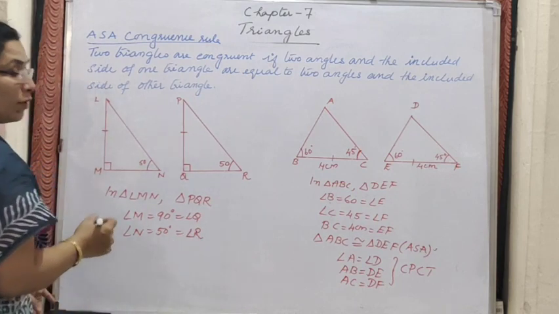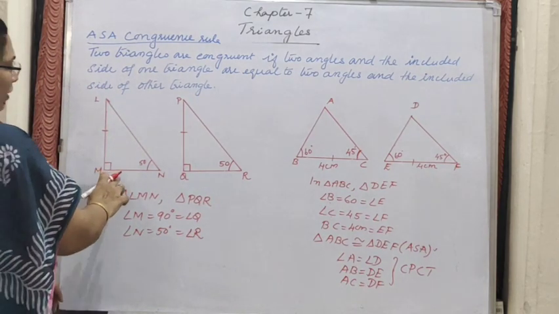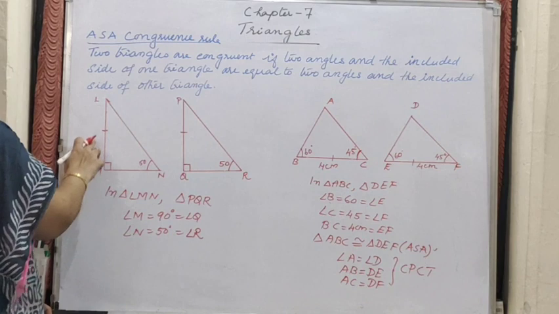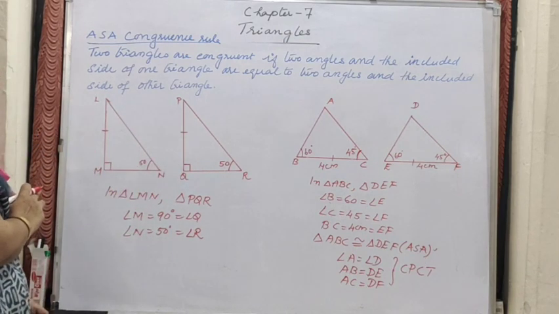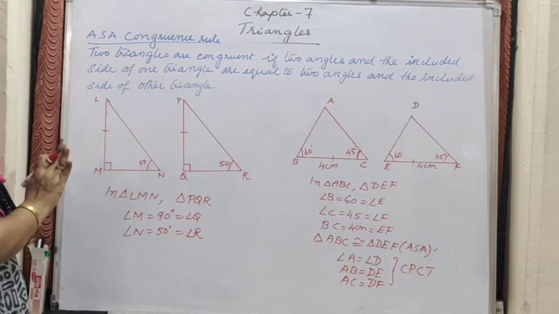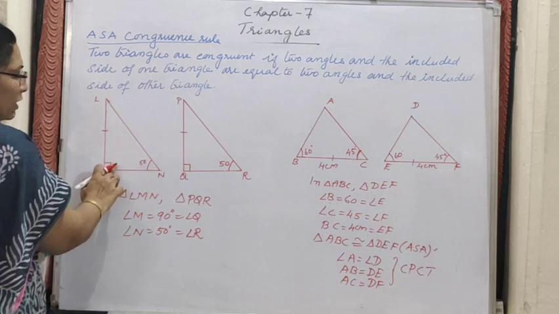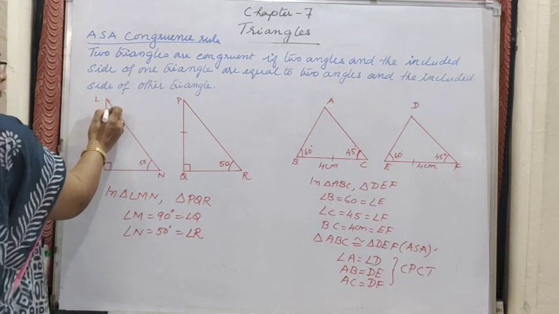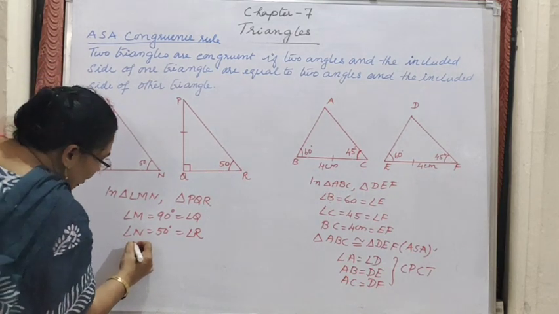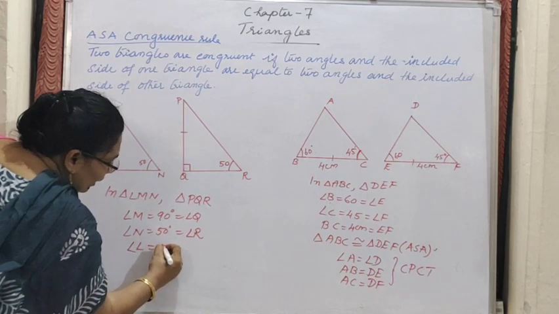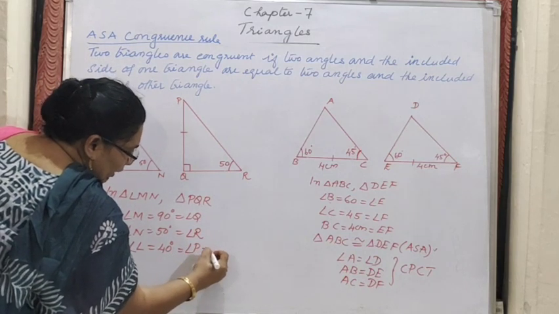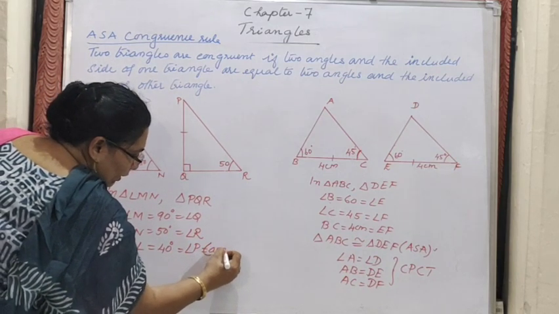Okay. Now if we are using the included side, then what we should write? MN and QR should be equal, but according to the question they have marked the side LM and PQ only, right? So LM and PQ if we are writing means that side is not included one. So what we should do means, with the help of the angle sum property of the triangle, we can calculate what is L also. So if we are calculating L, angle L equal to 40 degree. Similarly, here also we can write angle sum property. It is also equal to 40 degree.